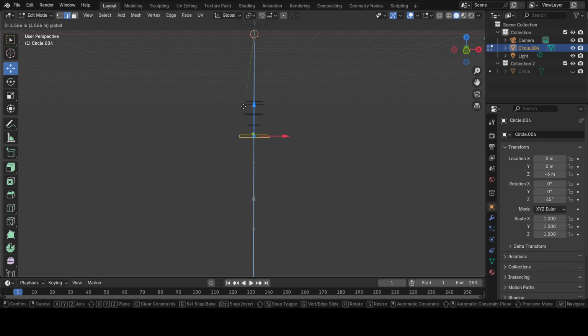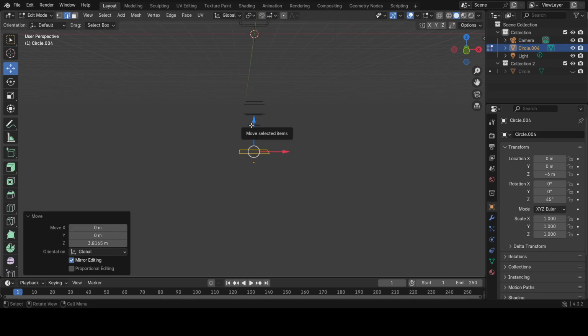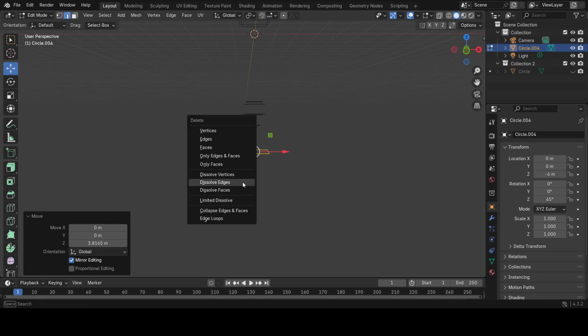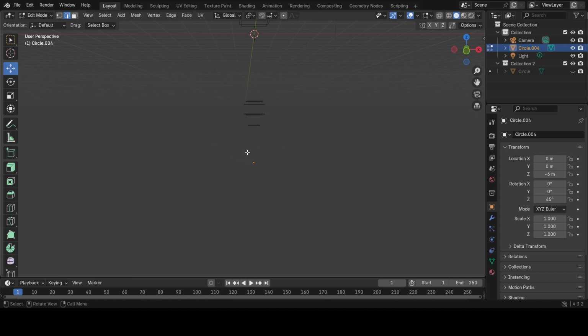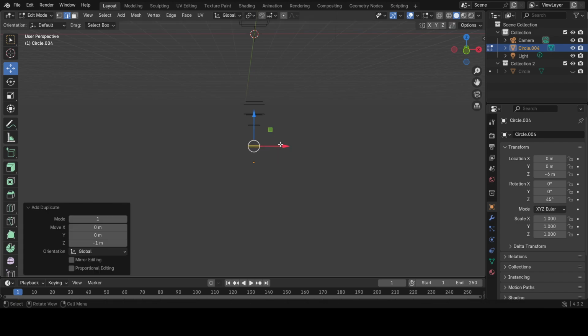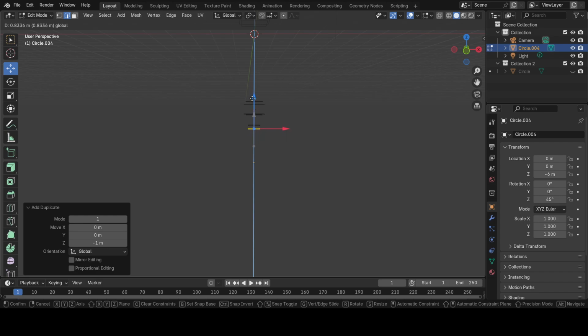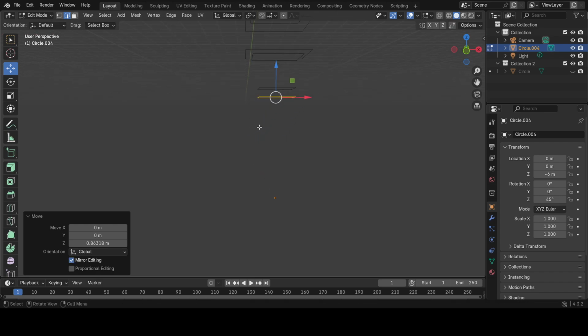So I'm going to bring this up, but I want this to be the same size as that, so I can actually get rid of that one. And I'm going to delete the edges. And let's take these guys right here and Shift D, bring this down right about like that. Actually, bring it up real close,